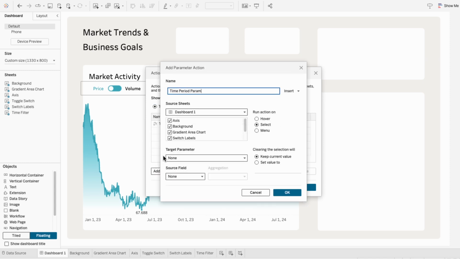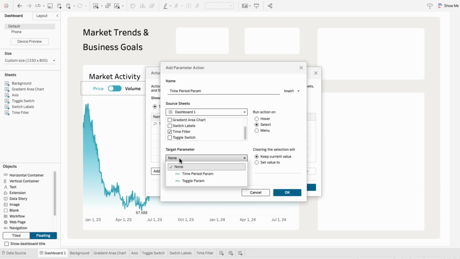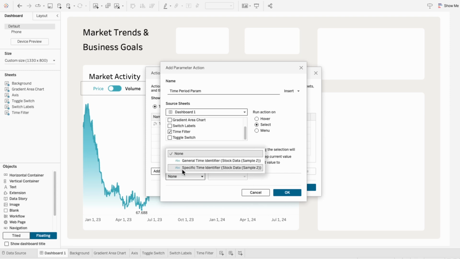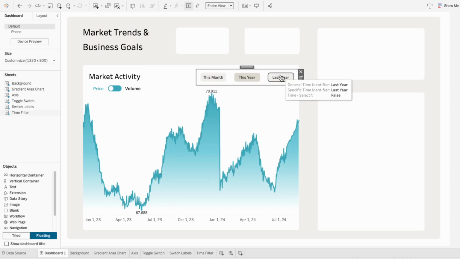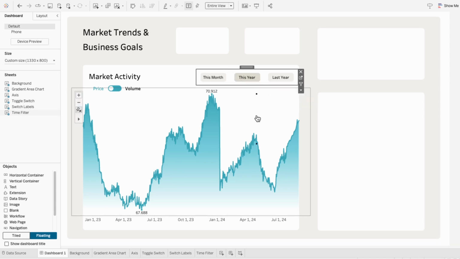For the source sheet, I only want to have the time filter worksheet checked off. I'll be targeting our time period parameter and using the specific time identifier as the source field. And now I can interact with the buttons that turn darker when they're selected. But it's not actually filtering our chart yet, and that's because I need to go to the worksheet that we